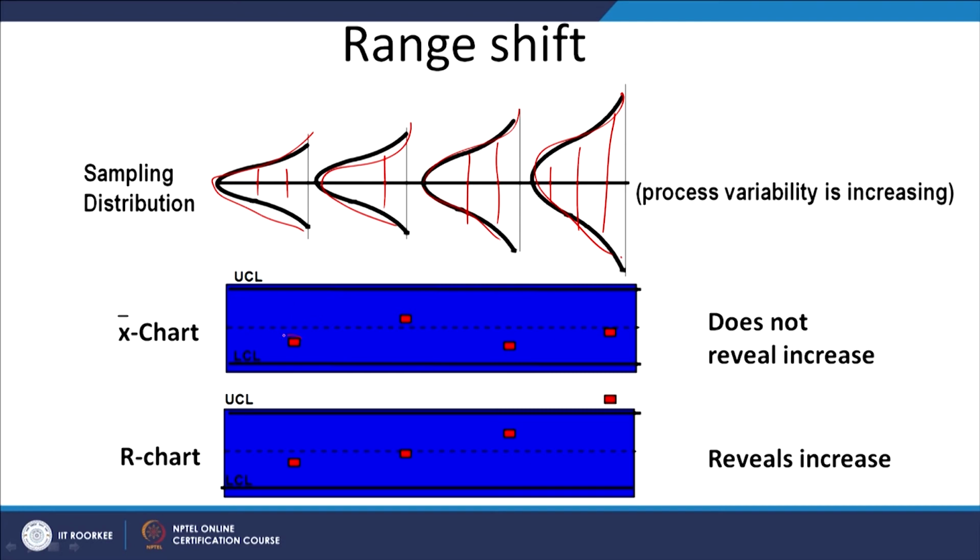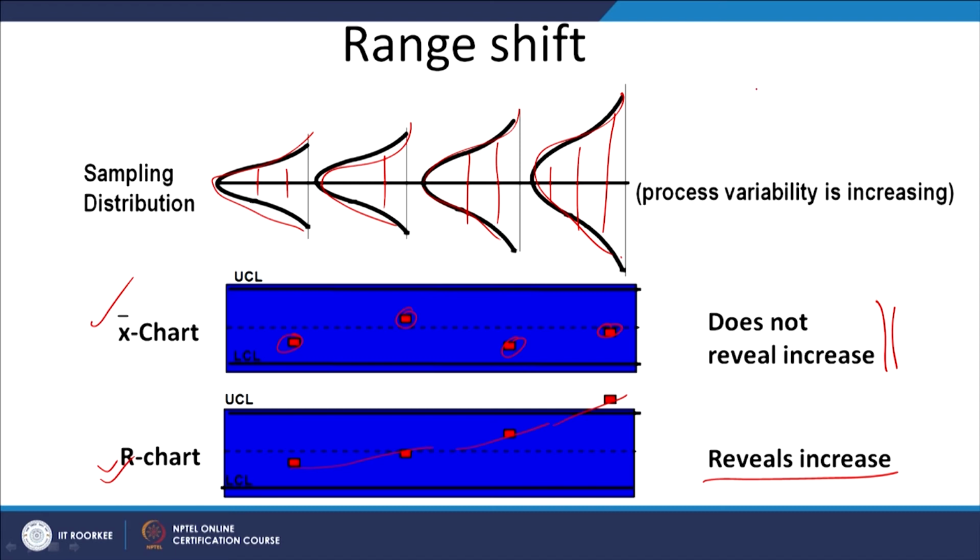And that is what has been plotted here. Process mean, the average X bar values, average of the quality characteristic of each sample is still falling within the control limits, and non-random distribution is being shown. So, it does not reveal anything, and the increasing process variability is also not being shown by the X bar chart. On the other hand, the R chart will show the kind of the trend, which is they are increasing variability shown by the R chart.